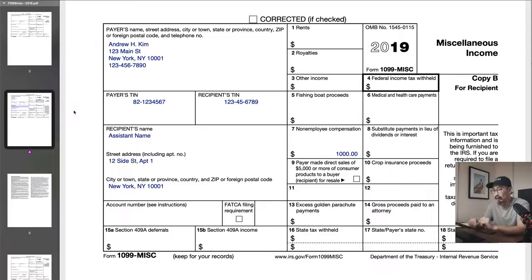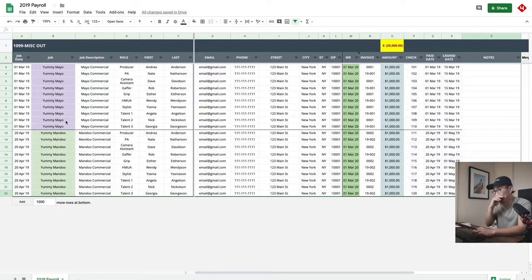So a tip for record keeping all of this, all your contractors, what I do is I create my own Google Sheet layout here, and you can see this is just a sample, of course. Here I have listed 2 jobs. You got the Mayo commercial and you got the Mandu commercial. And what I did was I put the same people hired for these 2 jobs, same roles, same people, just for this sample. And then this gives me an idea of how much I've paid out for all my contractors,